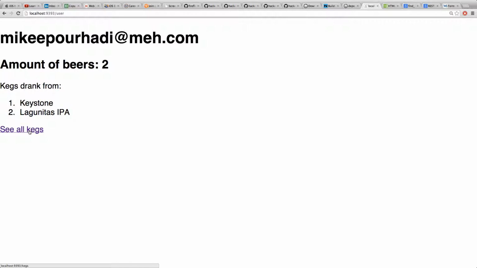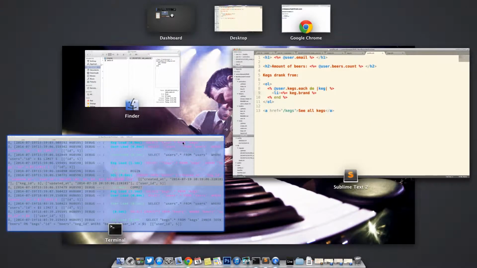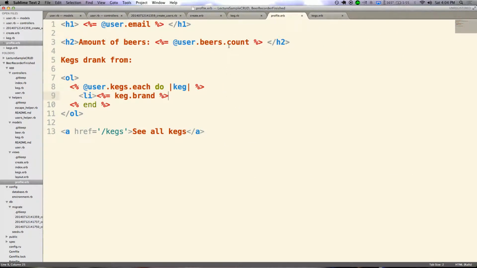There's a really easy fix for that. All we did was user.beers.count. Because user.beers would return, every time we would shovel a keg into user.kegs, it would automatically create a beer, because that's